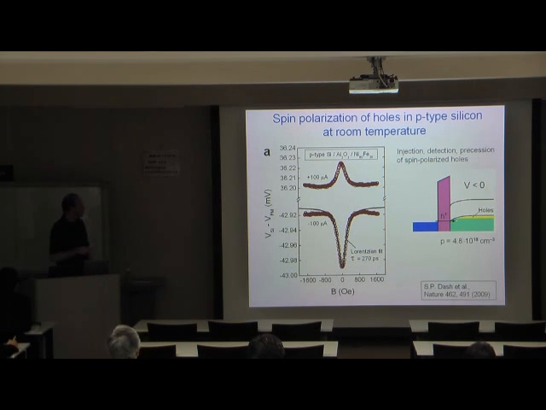So this is a similar type of Hanle data for p-type silicon, aluminum oxide contact, nickel iron ferromagnet at room temperature. You see for both positive as well as negative current a nice Hanle signal with a Lorentzian type of line shape, and this shows that we can also inject spin polarized holes into the valence band of p-type silicon. We can detect the spin polarization of the holes, and we can also make the holes precess in the transverse magnetic field. This was done for a doping concentration of about 5 × 10^18.